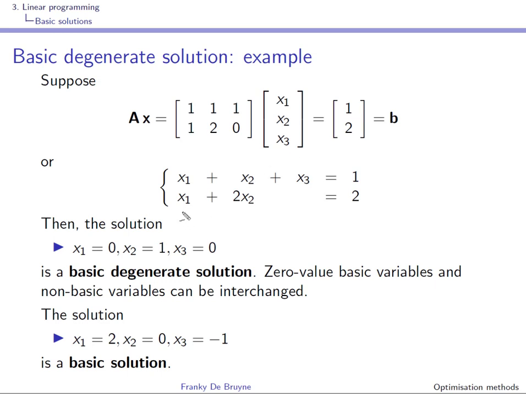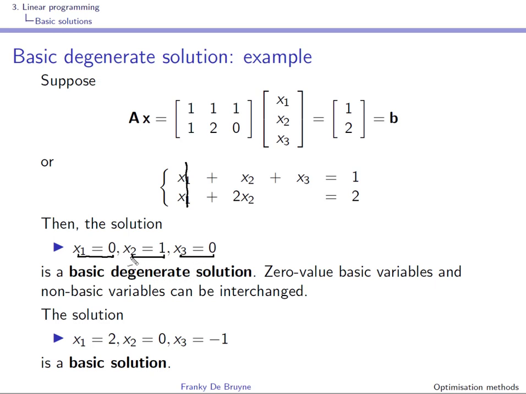So what we'll do is impose x1 equal to 0, right? So we end up with a system of equations where we remove the first column, right? And as you can see here, this still imposes x2 equal to 1. But if you plug x2 equal to 1 in the first equation, you see that you have x3